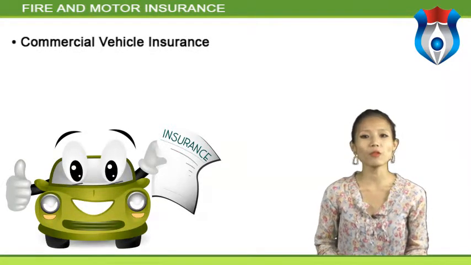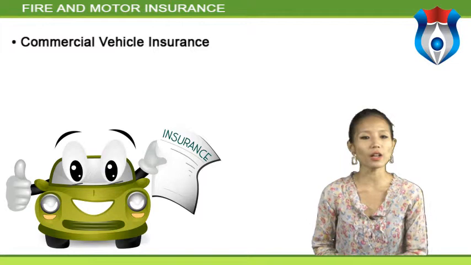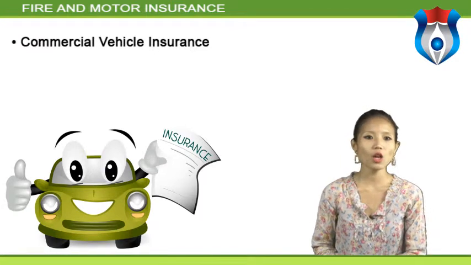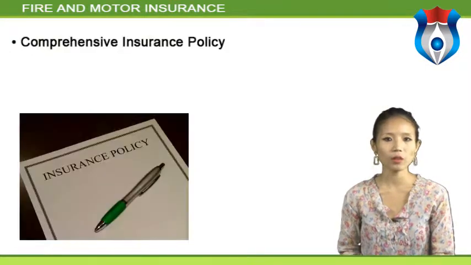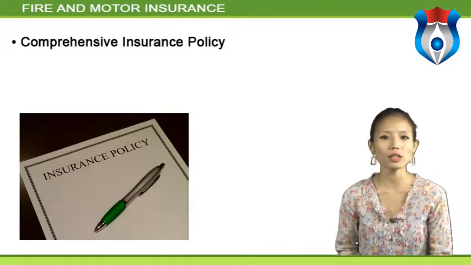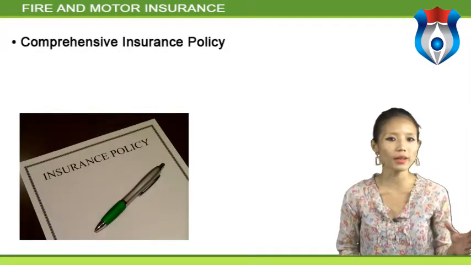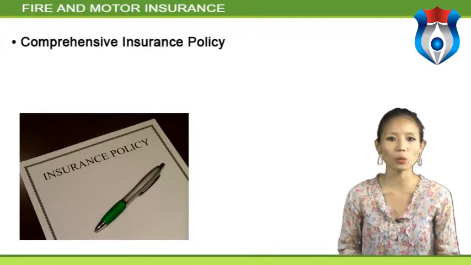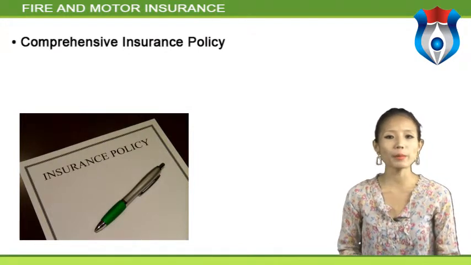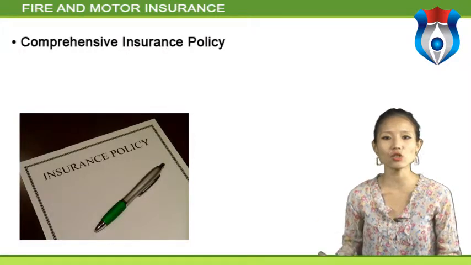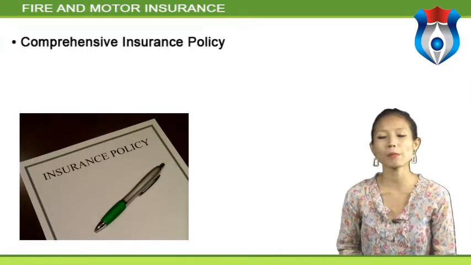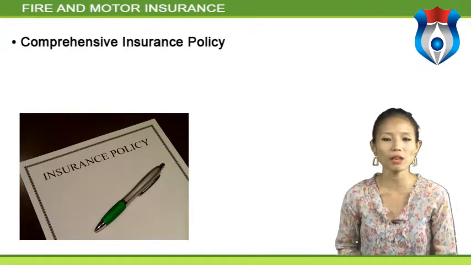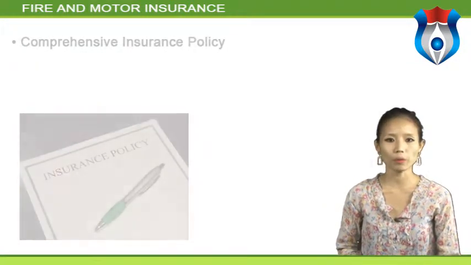Commercial vehicle insurance. It provides cover for all the vehicles which are not used for personal purposes, goods carrying vehicles like trucks, tempos and HMVs. Comprehensive insurance policy. This type of plan has a wider scope and covers all the mentioned liability along with the insured person's damage, theft, expenses and injuries as a result of an accident of the vehicle. This type of policy can be extended to increase benefits as an additional feature.